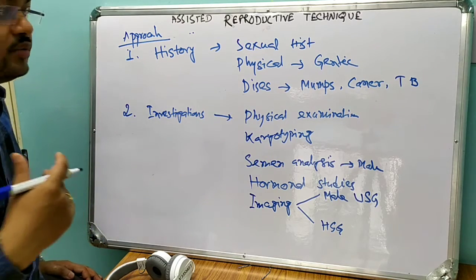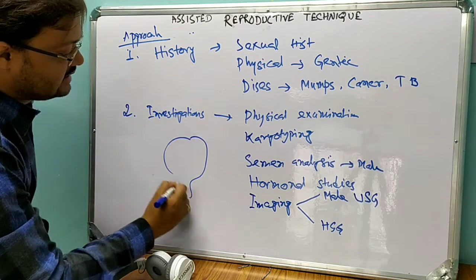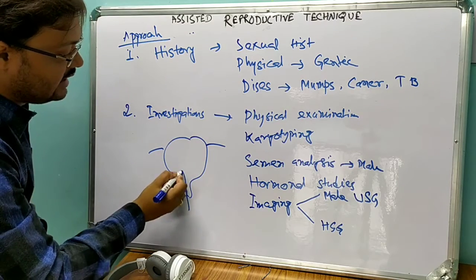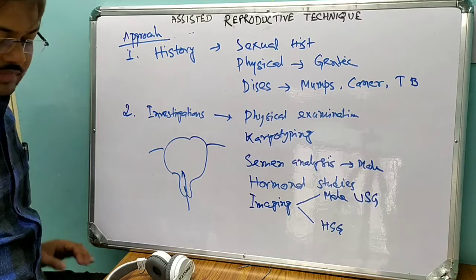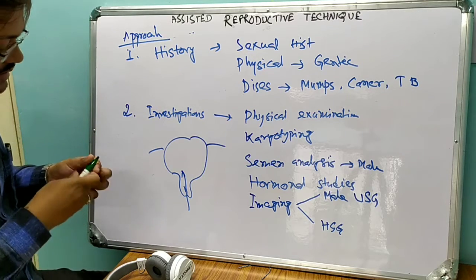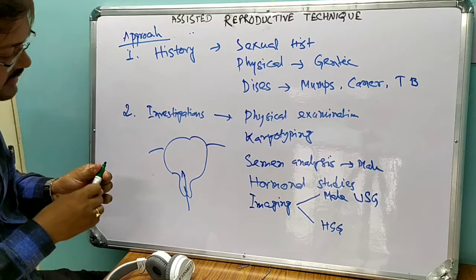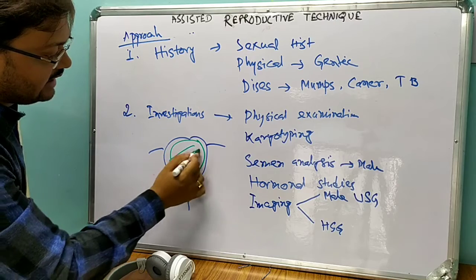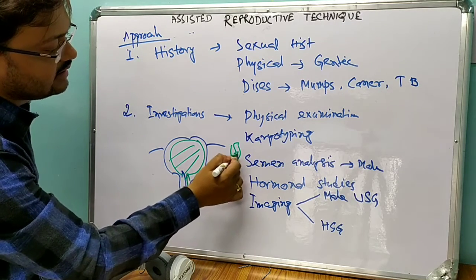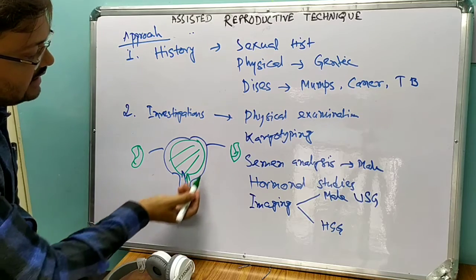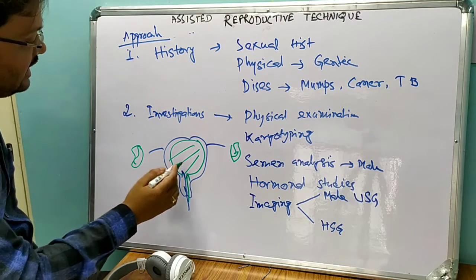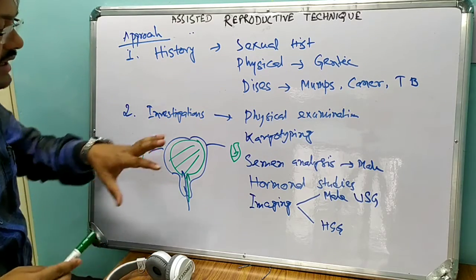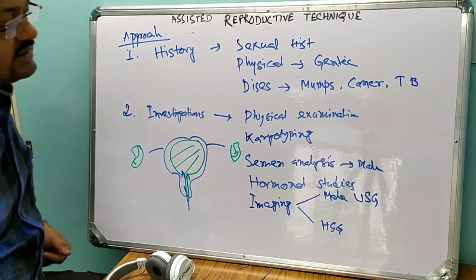So what does that mean? When you push the dye, say this is the uterus and this is the fallopian tube, you push the dye from this channel, and you find the dye spilled over here, a full area, and also some dye spillage here. So what does that mean? That the uterine cavity is normal, and also these fallopian tube channels are intact, so the dye is coming inside the abdomen.